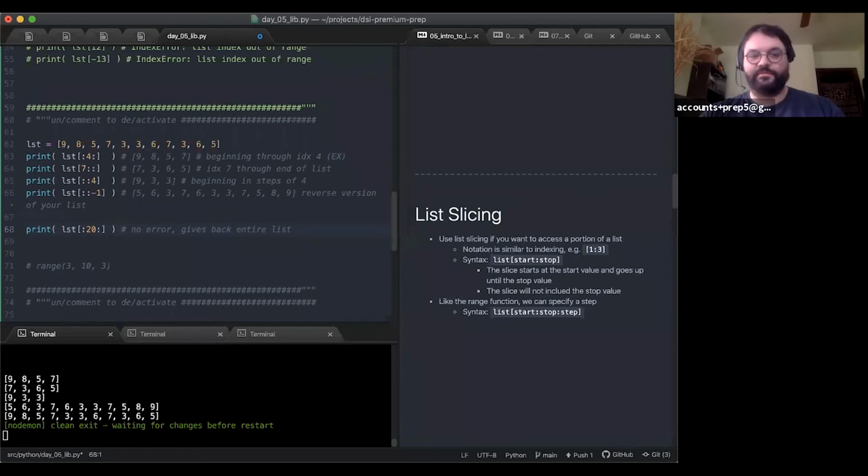This can be useful if you want to set a limit to something. You have a list of an unknown size, and you don't want to get more than the first 100 elements. If there's less than 100 elements, you'll take those. But if there's more than 100 elements, maybe you just want the first 100, right? You want to limit its size in some way. So this kind of thing can be useful, and I'd say 100 here, or 100 like that. Okay, cool.